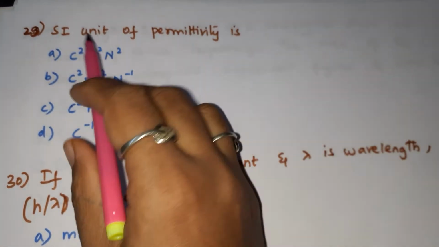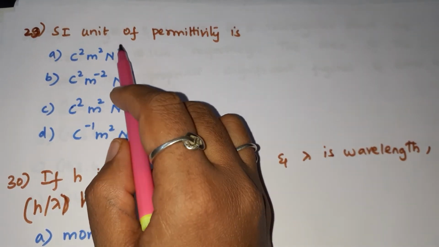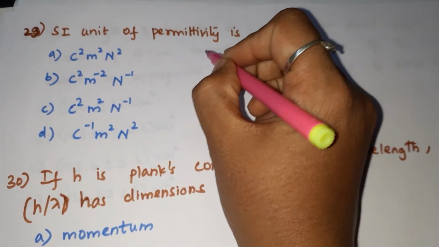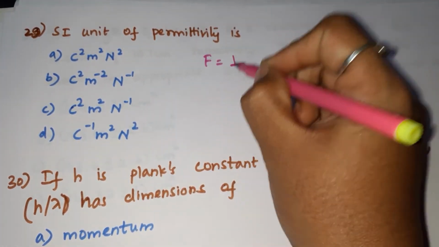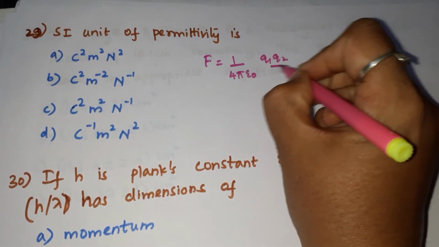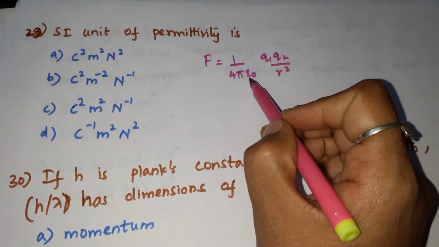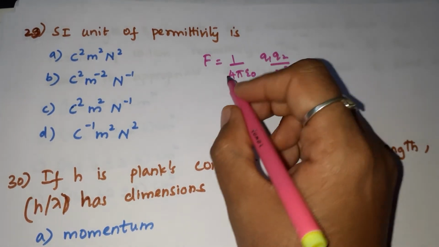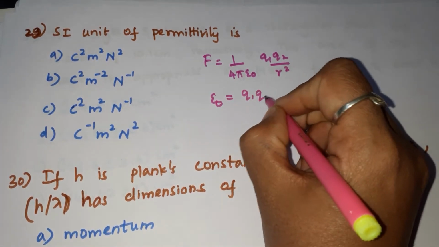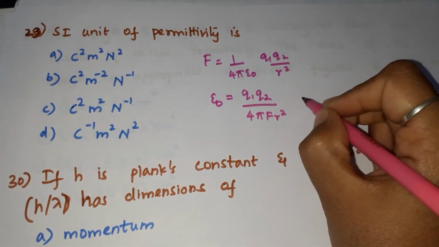29th question. SI unit of permittivity is. So we know Coulomb's inverse square law, that F is equal to 1 by 4 pi epsilon naught Q1 Q2 by R square. So this epsilon naught is the permittivity we are taking. So what is epsilon naught? Cross multiply and check. Epsilon naught is equal to Q1 Q2 by 4 pi F R square,